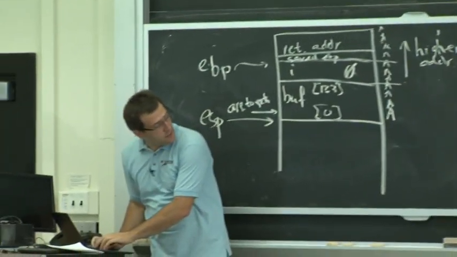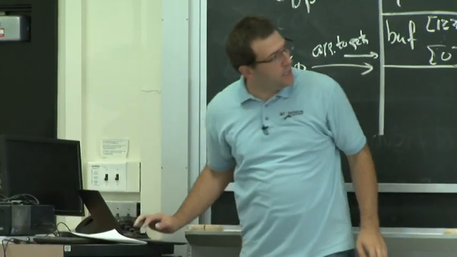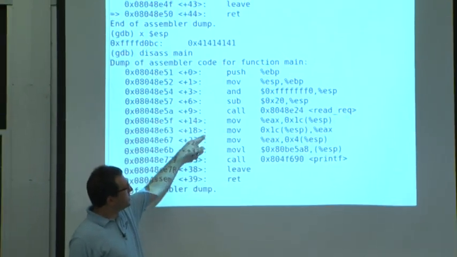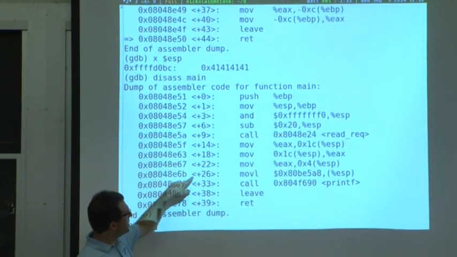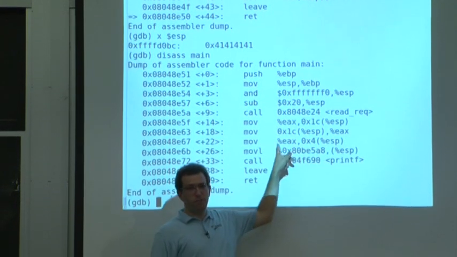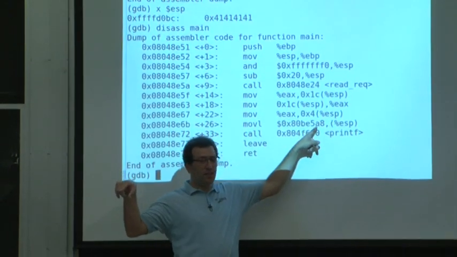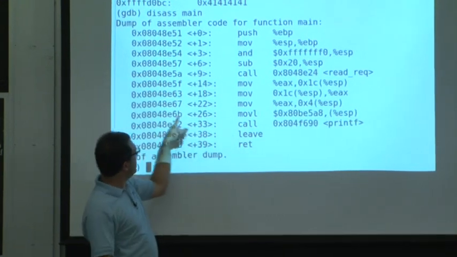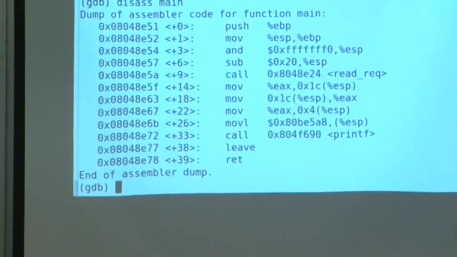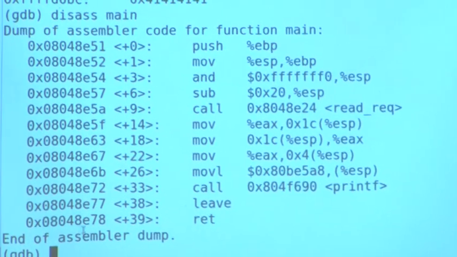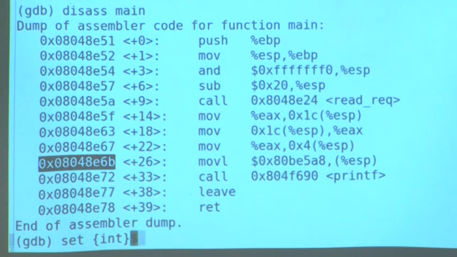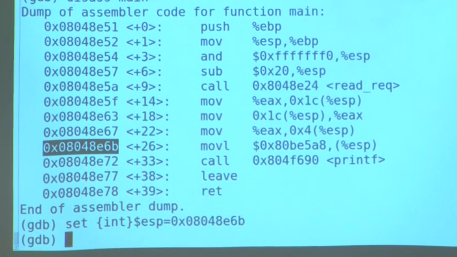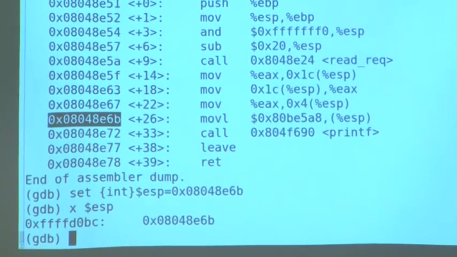So we can do this. We can actually disassemble the main function. And main does a bunch of stuff, initializes, calls redirect, does some more stuff, and then calls printf. So how about we jump to this point, which sets up the argument to printf, which is x equals %d, and then actually calls printf. So we can actually take this value and try to stick it in the stack. And we should be able to do this with the debugger pretty easily. You can just do set int esp equals this value. So we can examine ESP again, and indeed, it actually has this value.